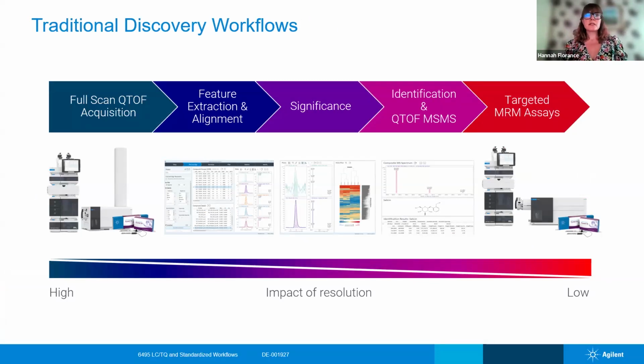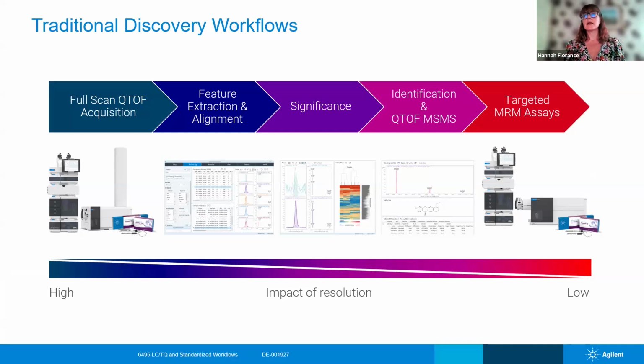A traditional discovery workflow would typically use a high-res instrument, and in our case, it would be a QTOF. You would go through the feature extraction, so you have to pull out all of these unknown features and match them and align them across all of your different samples, and this can be quite laborious. Then you can do your nice statistics, and you can find your significant metabolites, which is lovely, but then you've got the whole process of trying to identify them. Then you can build your routine